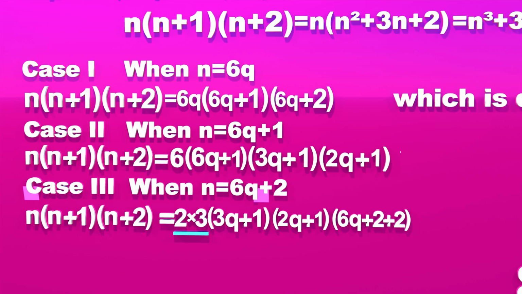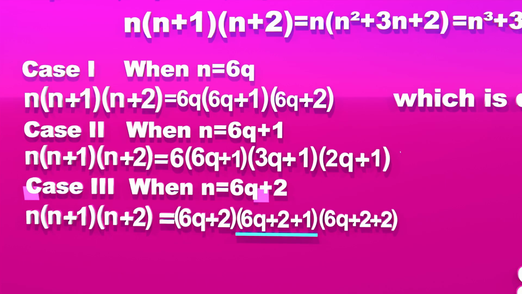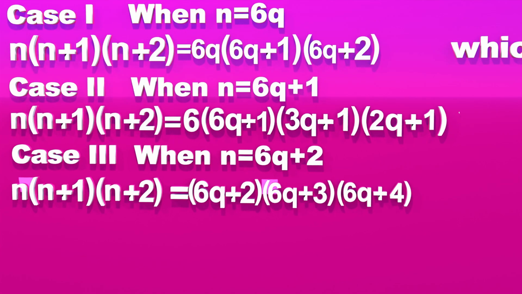Some students may ask, what if I am not able to find 2 and 3 as common, like this case? Then what will we do? Let's see, can we do anything else to get 6 as a factor? These two numbers are 3 and these two numbers are 4. Now if we don't get the idea to take 2 common from these two terms and 3 from this term, then we can use the old method to prove this question. Numbers inside the first bracket can be multiplied by numbers inside the second bracket. That method must be in your mind.